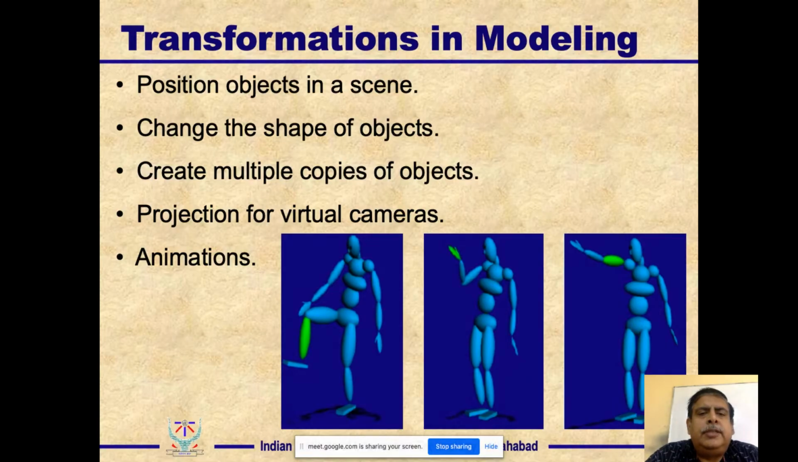Position objects in the scene, change the shape of the object, create multiple copies of the object, projection of virtual camera, and animation. Here, what you see is that I have taken a single object, a sphere, and scaled it differently. I've used anisotropic scaling to create oblate shapes, and placed these oblate shapes at different locations. This person, which looks like a human being, has been created. So every joint has been created by